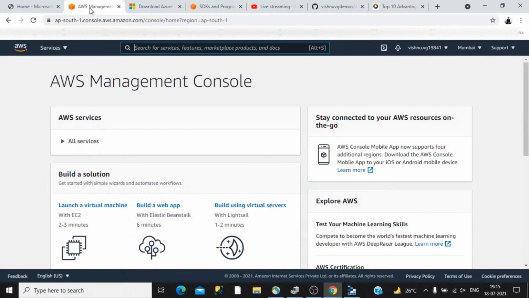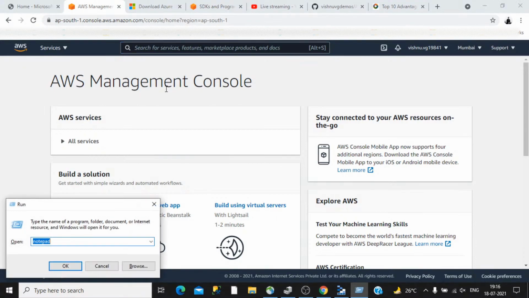Before understanding this particular service, we can look into these services one by one. First we can understand the general concepts about both platforms, Azure and Amazon. We can start from the timeline of how Amazon Web Services started, and from there we can move forward.